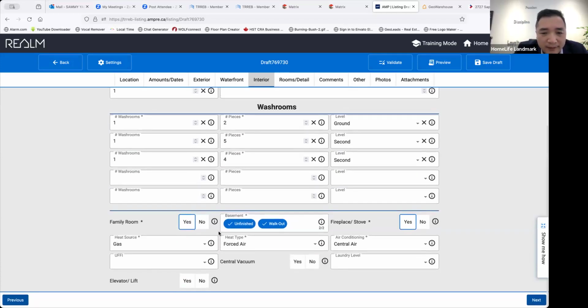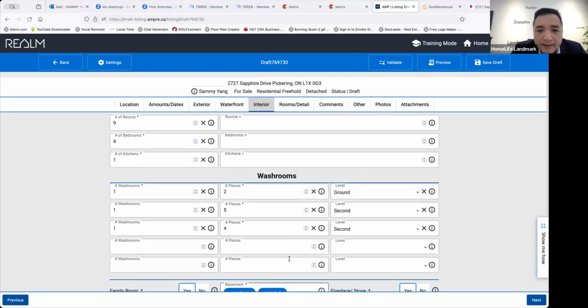And a family room, yes, basement unfinished, they have workout. And the fireplace, yes, they have. And what's the heating source is gas. Heating type is forced air. Air condition is central air. And that is for the,